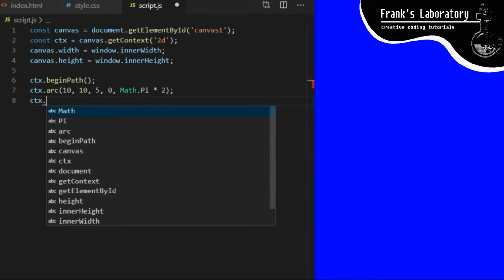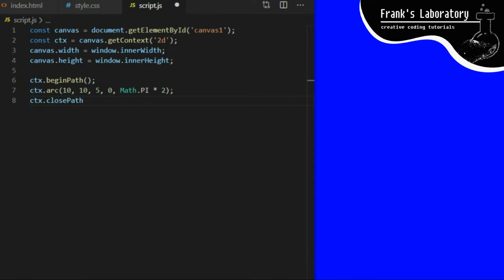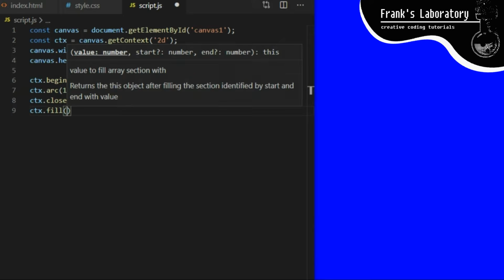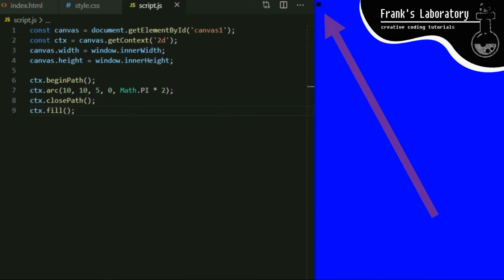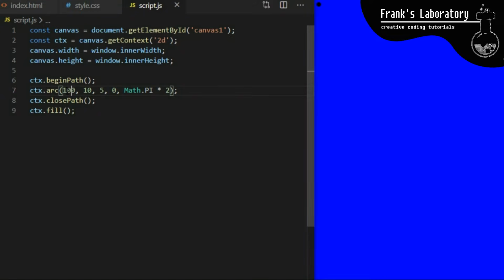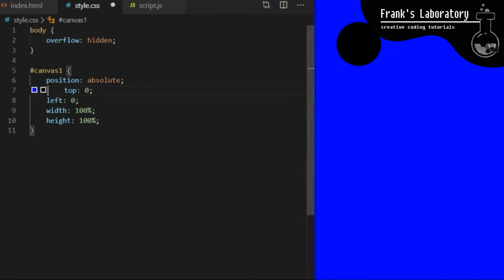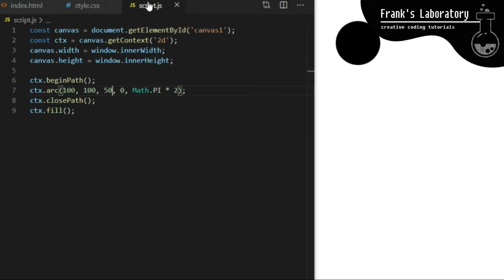Then I call closePath and ctx.fill, which will fill our path with color. If we don't declare any color, it will be black by default. I can change its coordinates by adjusting these two values. And I can make it larger by changing its radius property to, let's say, 50. In style.css, I remove border and background on the canvas.